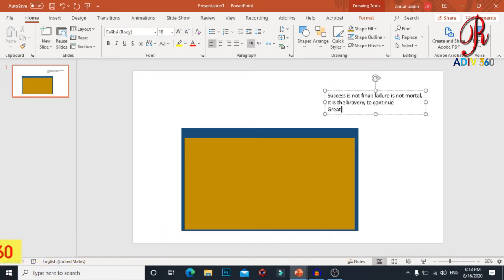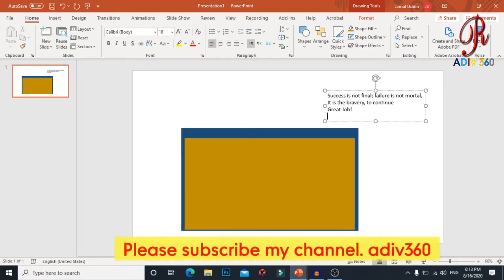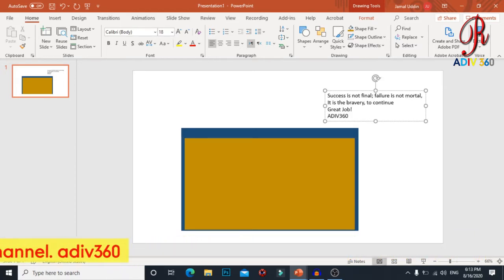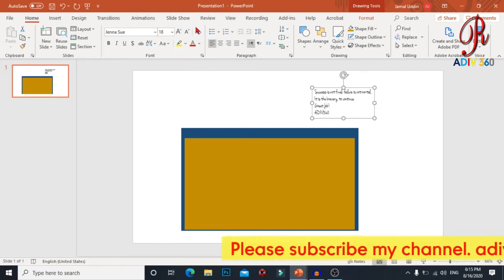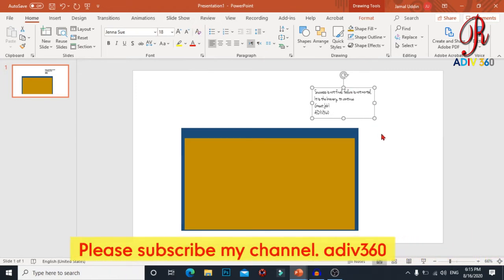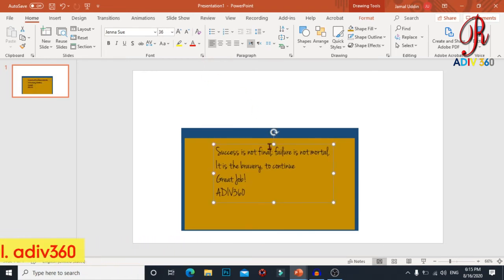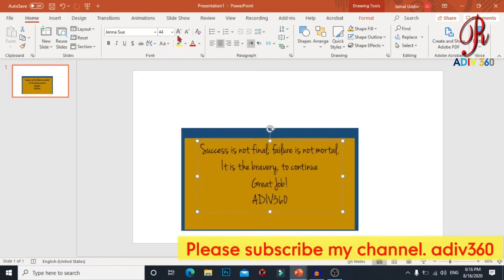Now let me select a handwriting font, and the one I am going to use is named Jana So. This is a handwriting font I got from the net and it's free. So click on that, and this is how the text looks like. Let me adjust the text in the card, and I am going to take it a little up, so once it pops up, the audience can easily read.